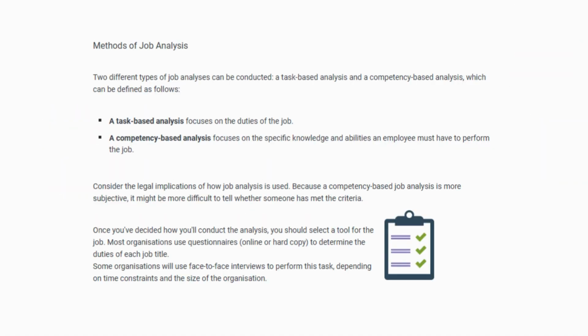There are two main types of job analysis method. HR professionals use task-based analysis, which focuses on what tasks the employees perform in their jobs, for example operating machinery, serving customers or preparing reports. It concerns the duties. Competency-based analysis focuses on what skills, knowledge, and behaviors are needed to do the job well. For example, communication skills, teamwork, leadership, and technical knowledge are